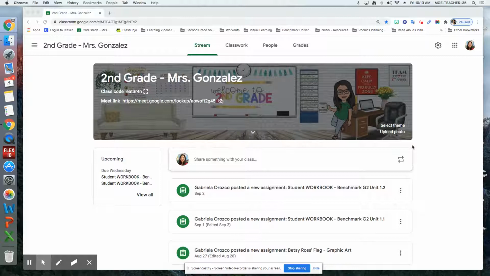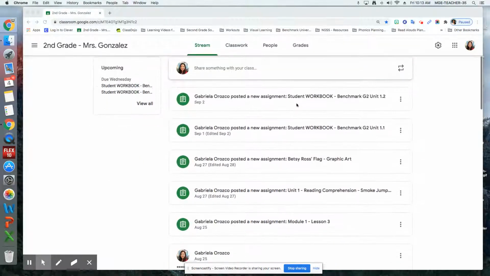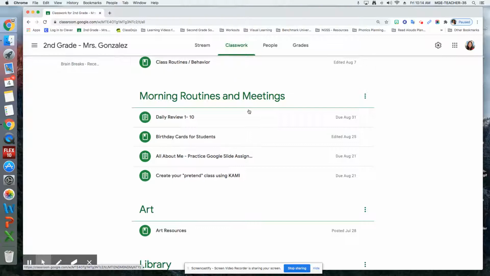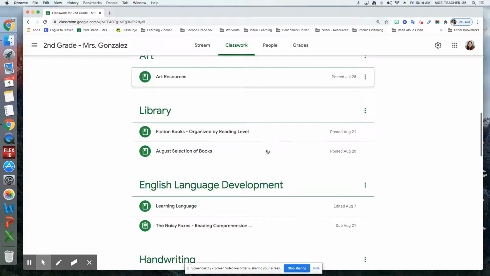When you first go into the Google Classroom, I would like for you to sign into Clever and then click on the icon that says Google Classroom. When you see the stream, you will see all your new assignments when you first enter the classroom. I would like you to click on Classwork right there, and then scroll down and find